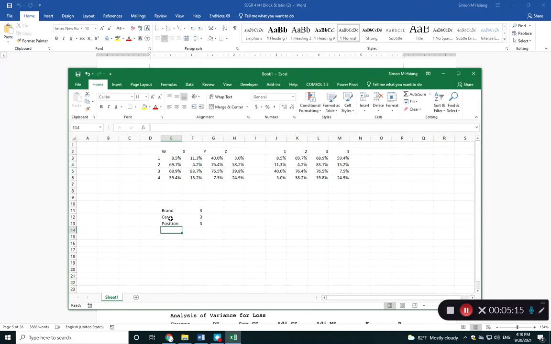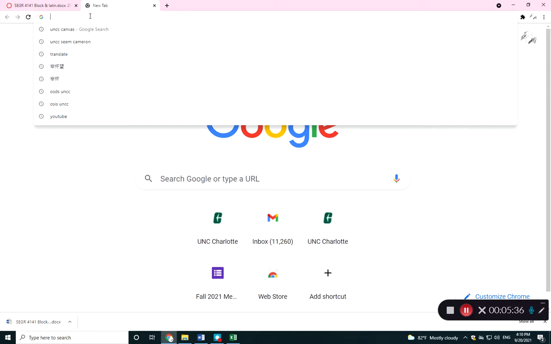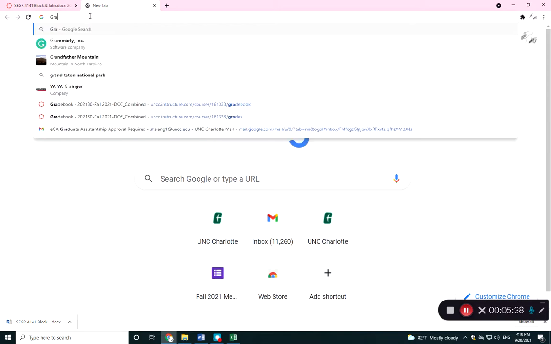The only thing you have to worry about is every time you say, oh, I'm going to look at it this way, I'm going to look at it this way, I use another 3 degrees of freedom. Sooner or later, there's nothing left for the error term. And the other way to do it, I'm just going to show you, it's called Graeco-Latin